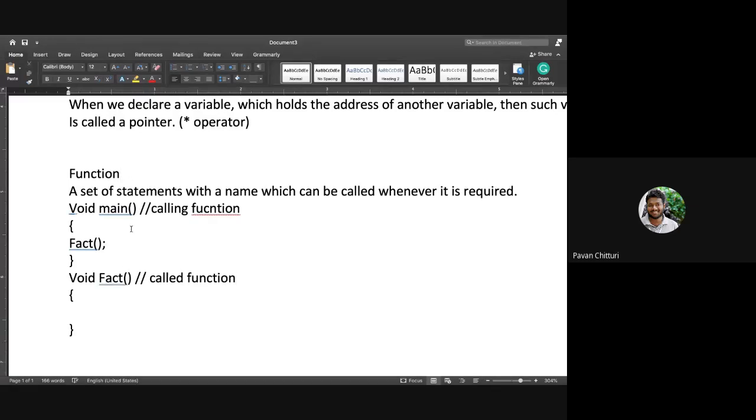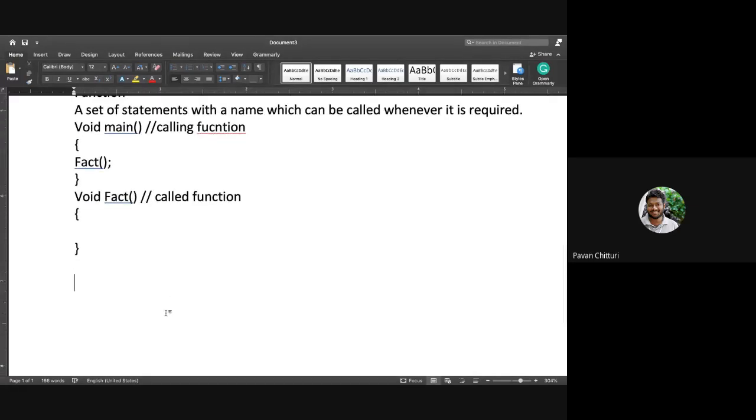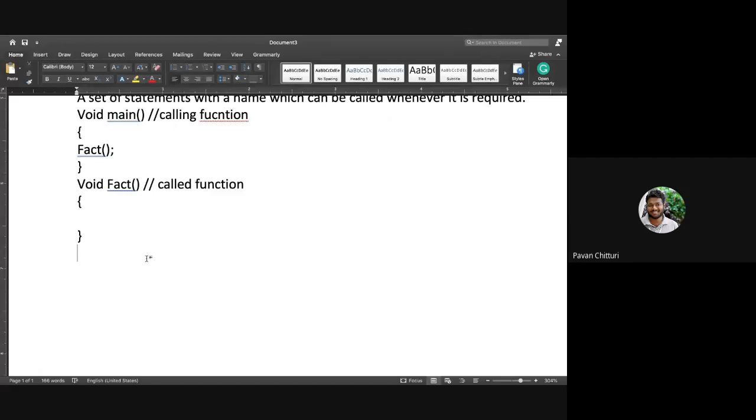So we can call functions in different ways. Let us take an example like this. I have void main.